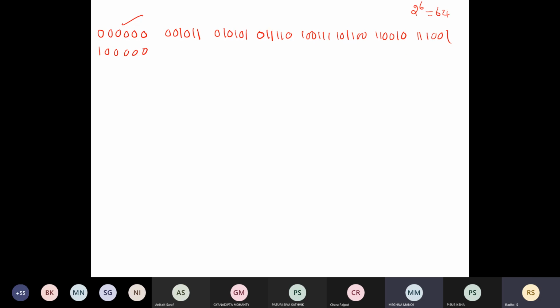It should not be there in the first subgroup. So I'm taking that as the coset leader. You find something like this: a plus H, where a is called the coset leader.